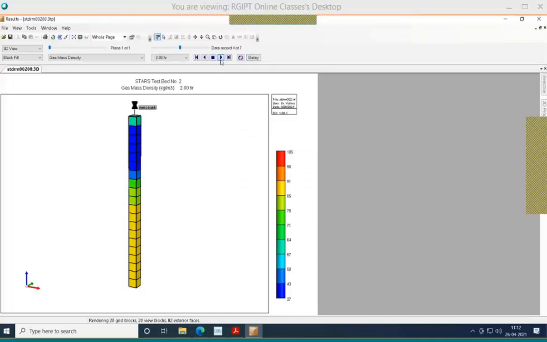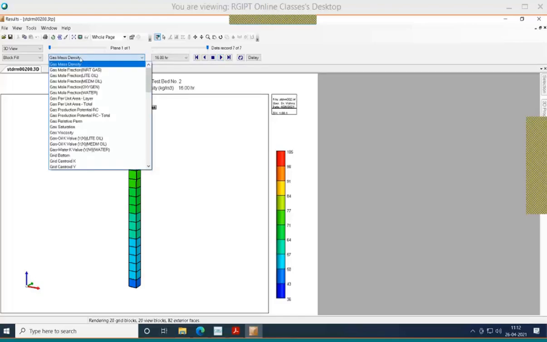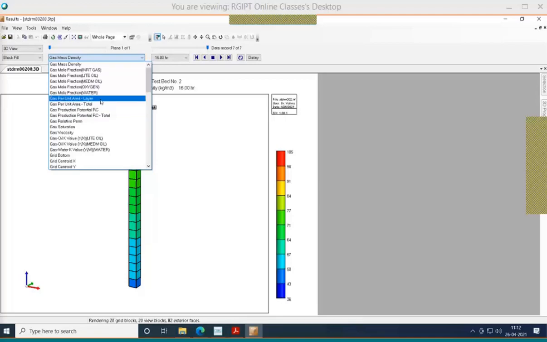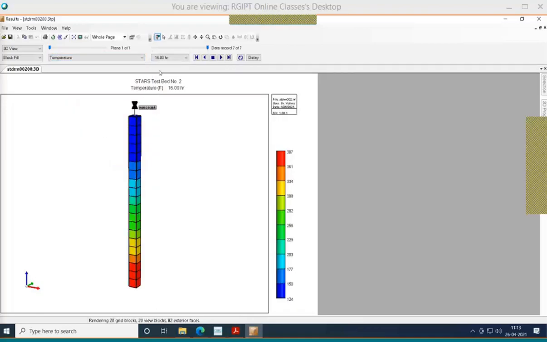Okay, so if we run it, you can see now it is gas mass density, how the gas mass density changes at different times. We can view all other properties. Let's see temperature, how the temperature changes.